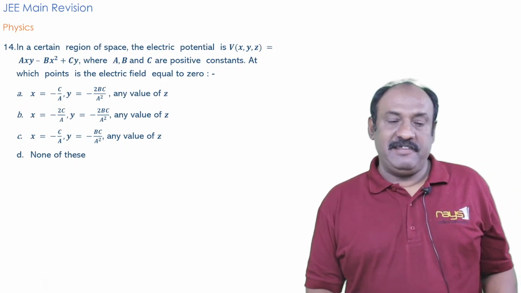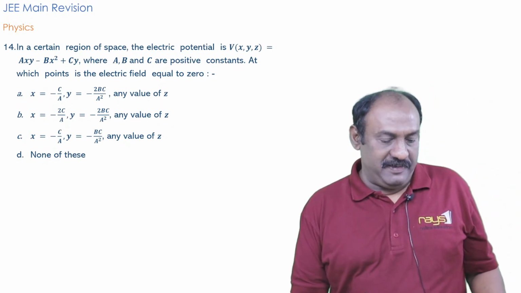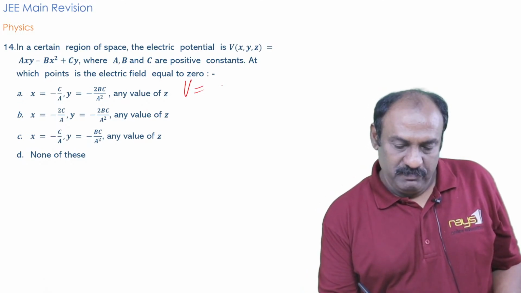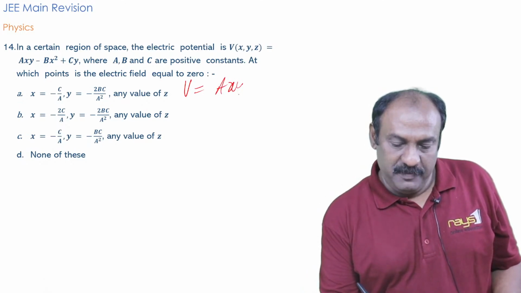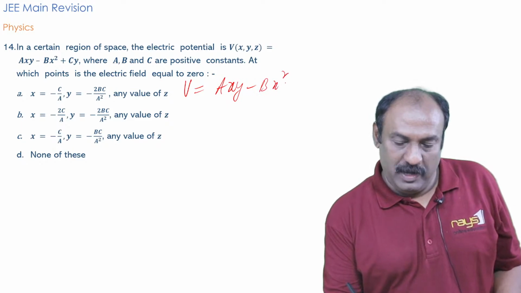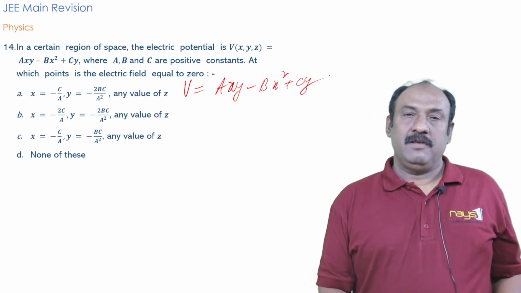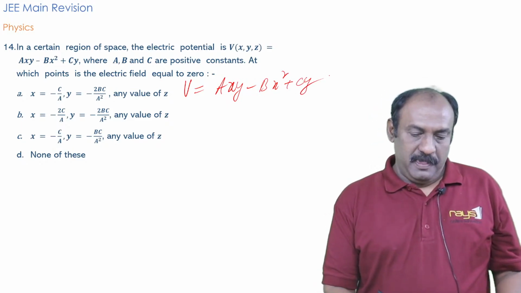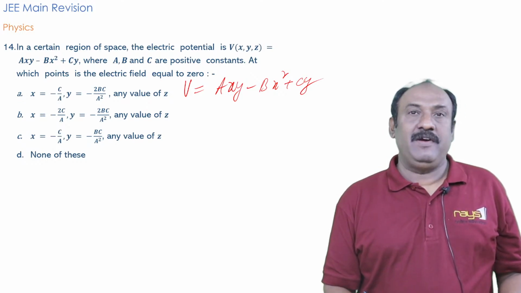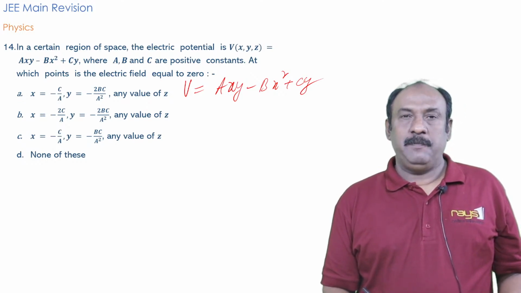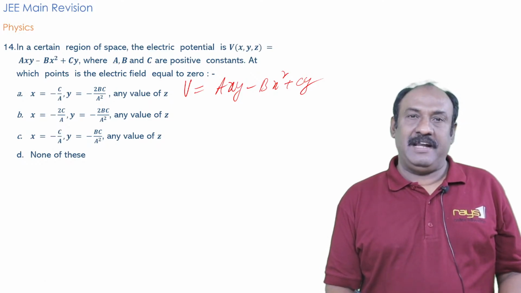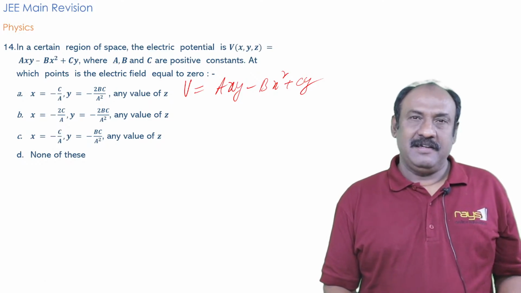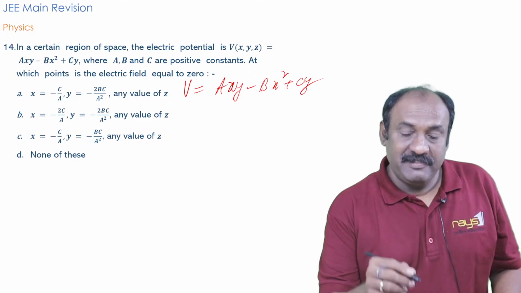In a certain region of space, the electric potential is given as V equal to AXY minus BX square plus CY. Now what we want? At which points is the electric field 0? When potential in a region of electric field intensity is given, then the electric field intensity in that region is